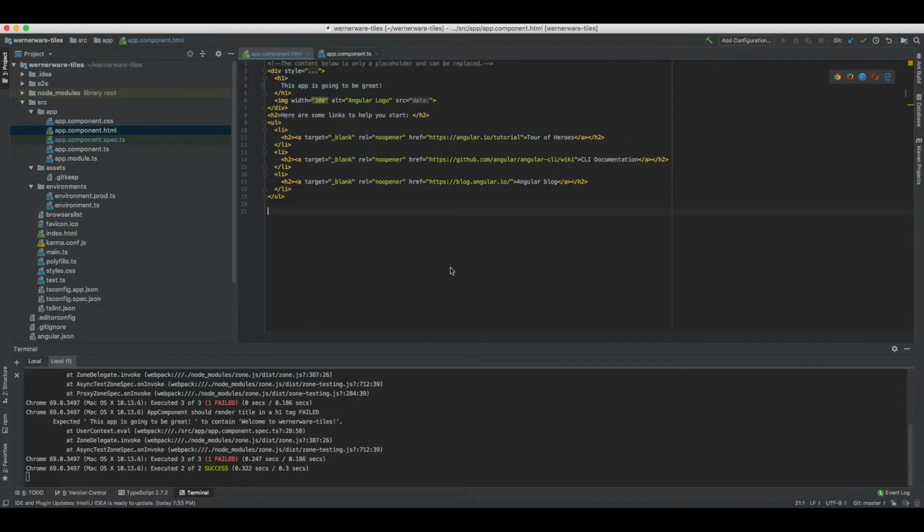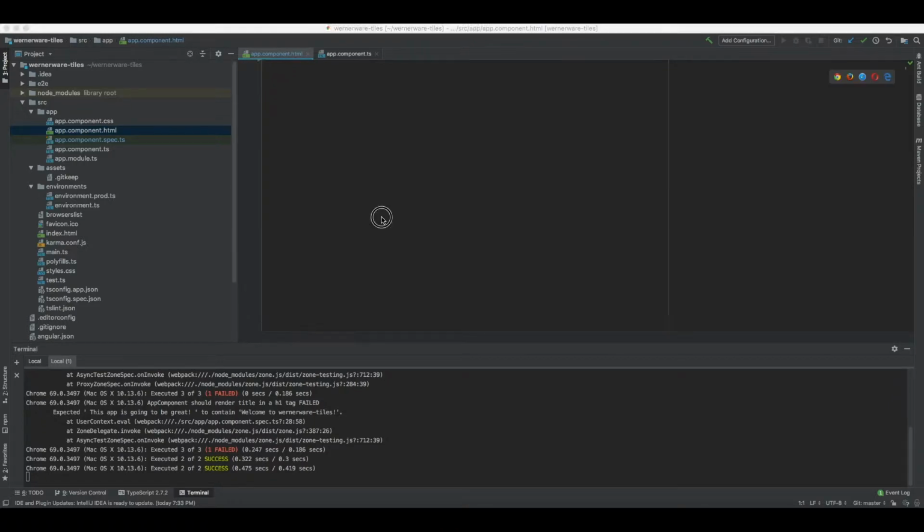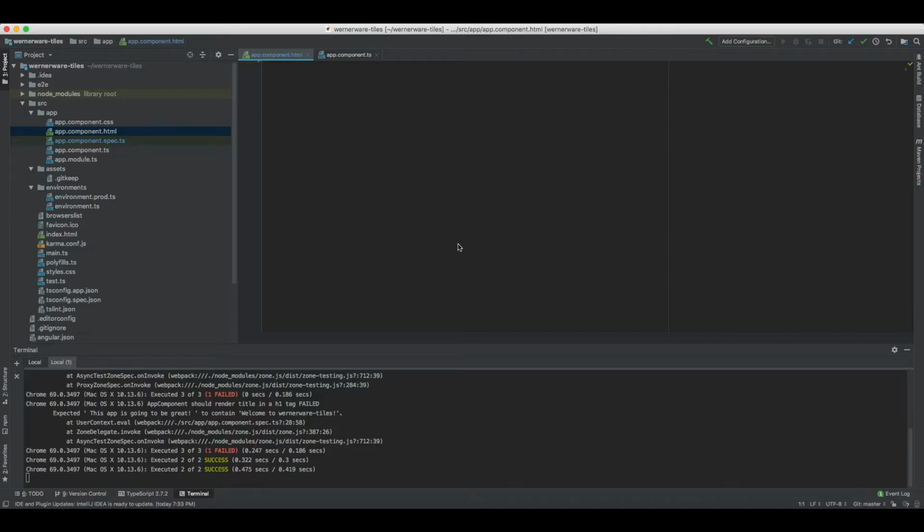The next thing we're going to do actually is get rid of all of this boilerplate. We don't need any of it for the app that we're going to be developing, and we're going to replace it with the content that we actually want. So we'll give that a save, and then we'll wait for the tests to execute again. We can head on over to Chrome and see that we got a nice white screen ready for us to add stuff to. I'm going to make a div that contains my content,